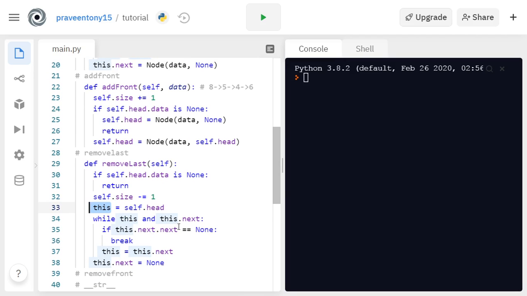So in order to find the second last element, we have to check this dot next dot next equal to none, which means if it's the last element, this dot next is none. Let's take the 4. So 4 dot next will be 6, and 4 dot next dot next will be none. So we stopped here at 4. So let's check that next dot next is equal to none. In this case 4 has this case. So let's break here, and